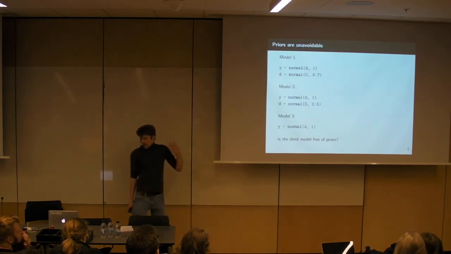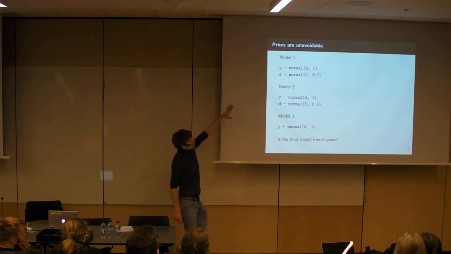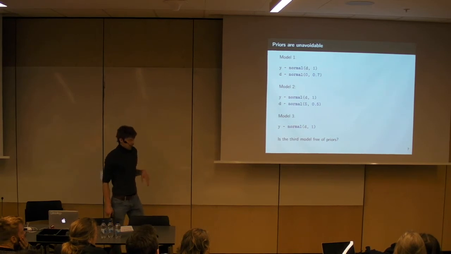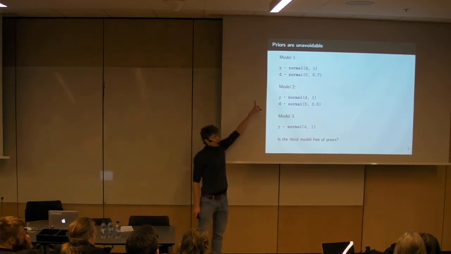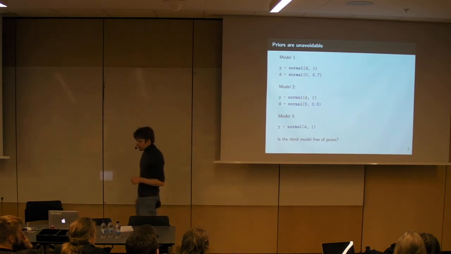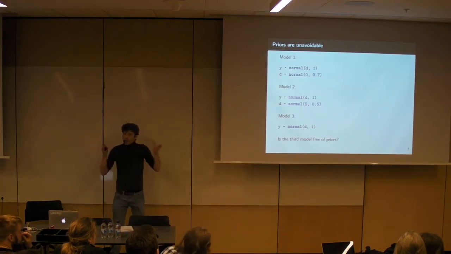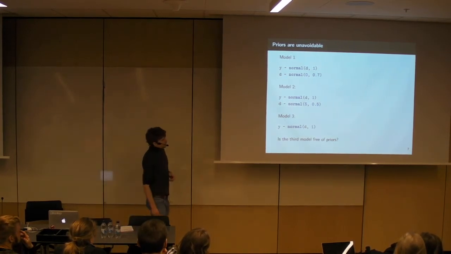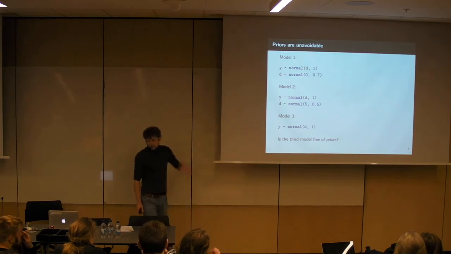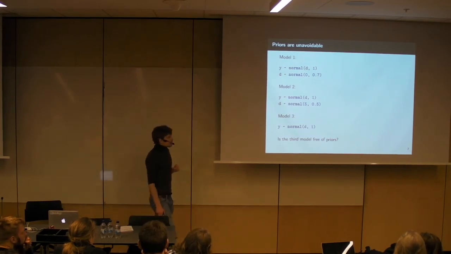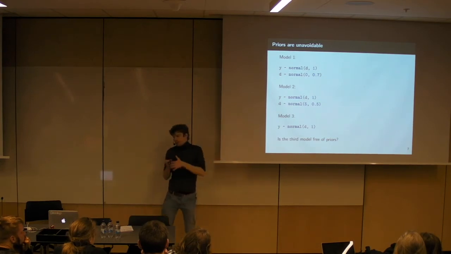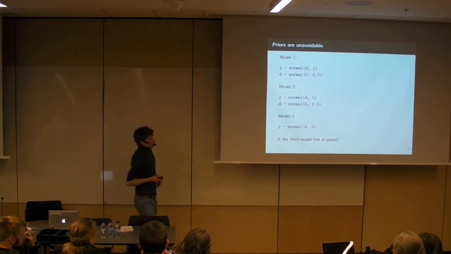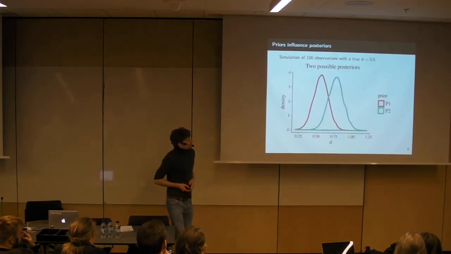So we had some data y, and the data was normally distributed with some mean parameter d, so we wanted to estimate d. In this case, a known standard deviation of 1. And so we put a normal 0, 0.7 prior on d, saying that we expect a priori that the mean of d is 0 with a standard deviation of 0.7. And then there was model 2, same likelihood, so the first line is the likelihood, and the second part is the prior, saying that we expect on average an effect of 5 with a standard deviation of 0.5. So this was the wrong prior.